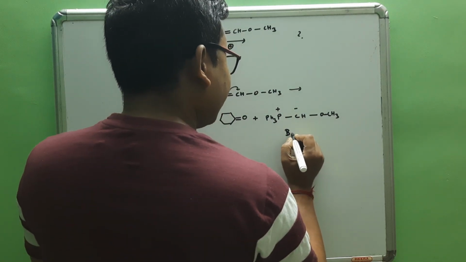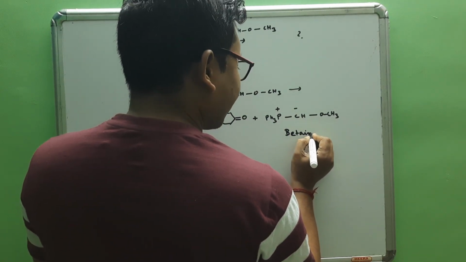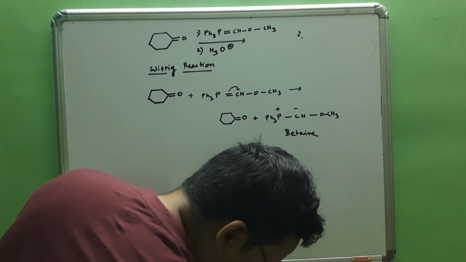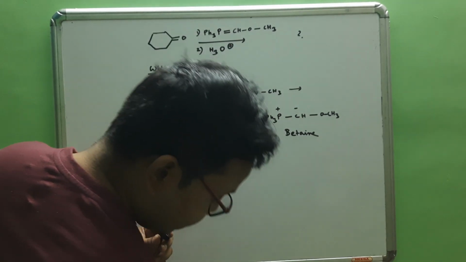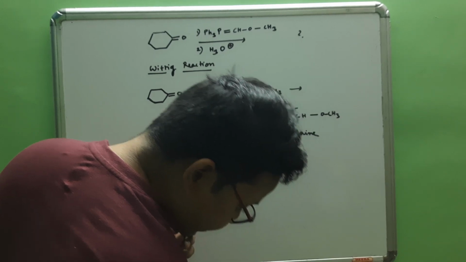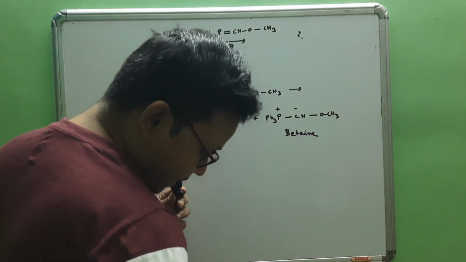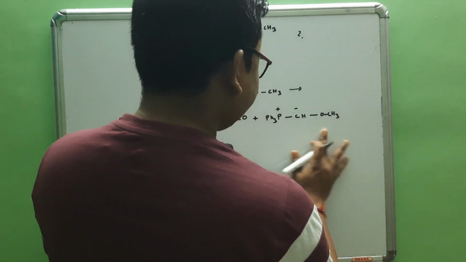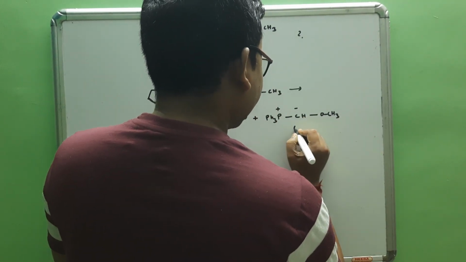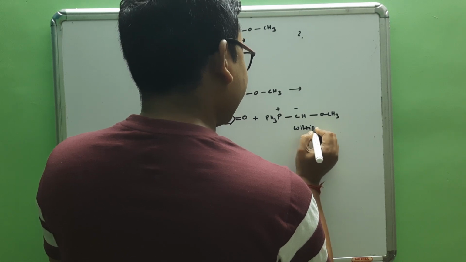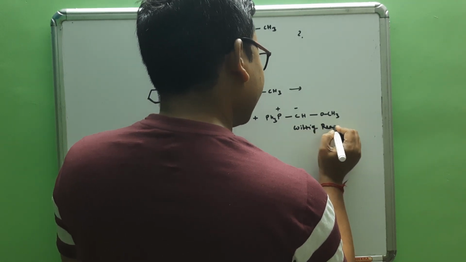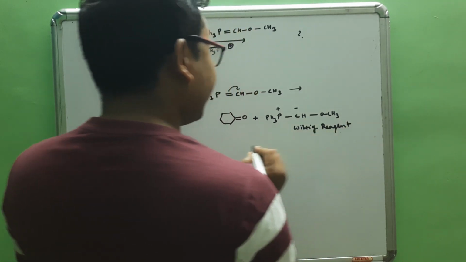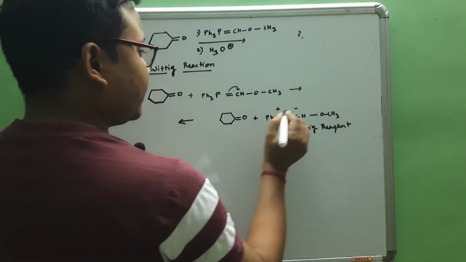This betaine is a charge separated structure. Okay, and this is the Wittig reagent. So betaine will be formed, and this is called the Wittig reagent. If the Wittig reagent is treated, then